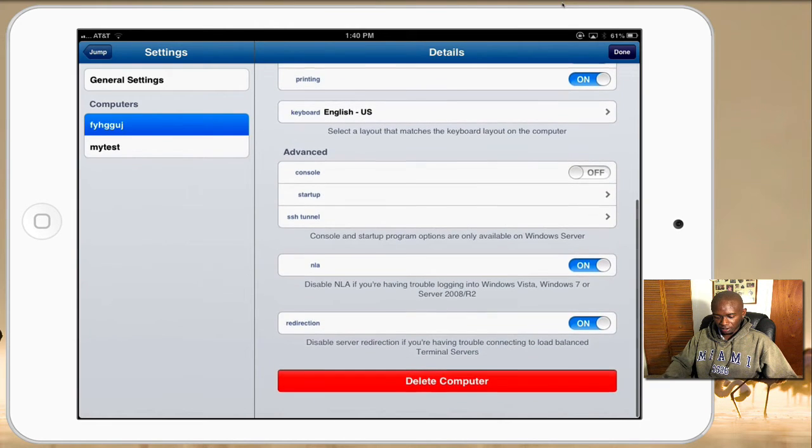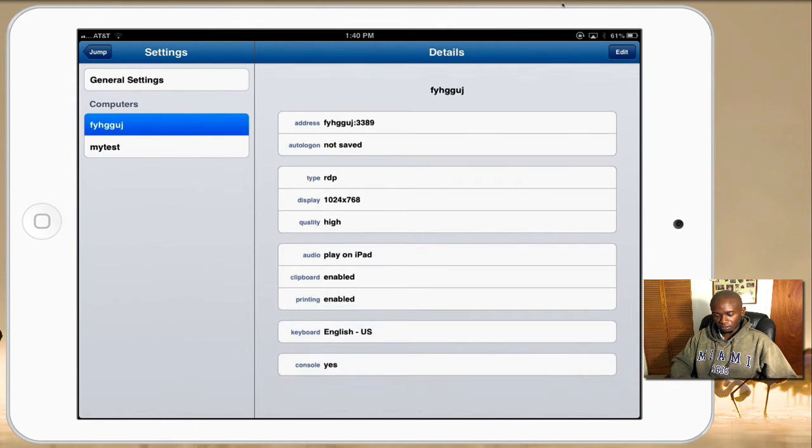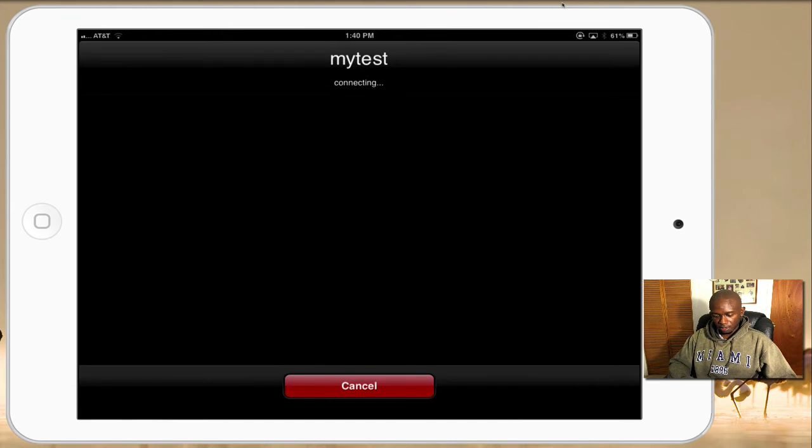There's a lot of stuff in here. Typically, the only thing I set or change is the console option here, and I turn that on so that I can log into the actual console of the system I'm remoting into. So let's go into here. This connection I'm going to delete since we can't connect to that anyway. And let's go ahead and log into the virtual machine, or the Windows desktop, that I have sitting here. So right off the bat,